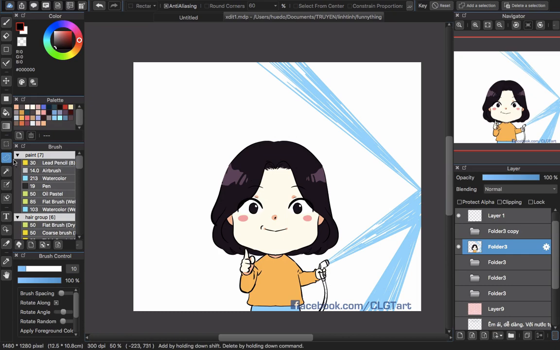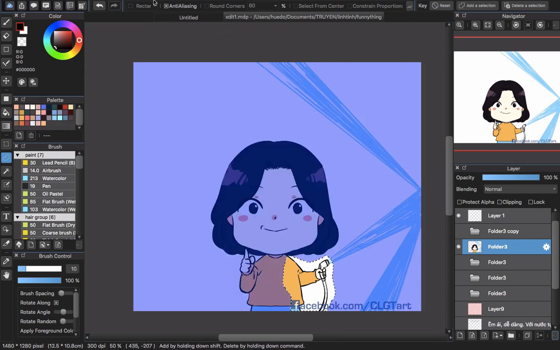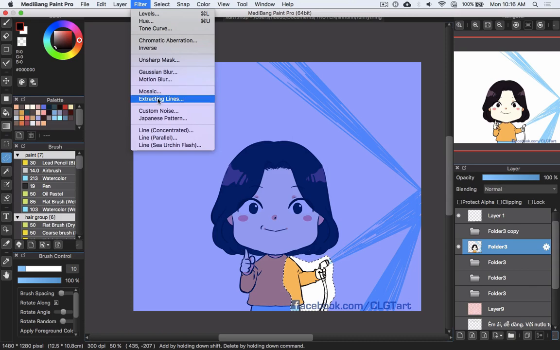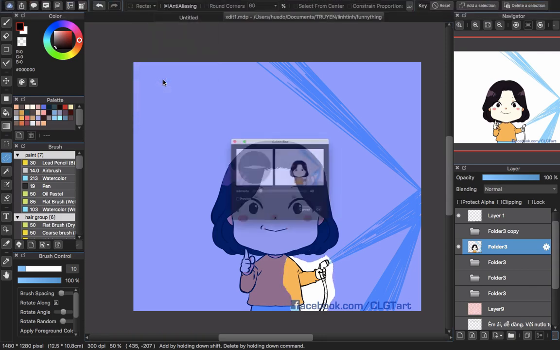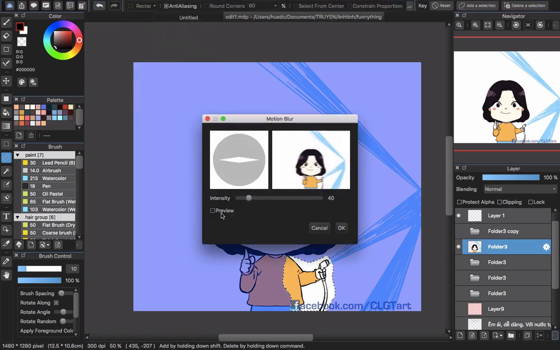Okay, next I will use the select tool here to select the part that I want the character to move. After I select this, I will go to Filter and choose Motion Blur. So this one. Okay, now next you have to take a look at the preview. Why? Because when you do the motion effect right now, you will see that the whole character in the image here is moving, but actually in the real canvas only the part that you